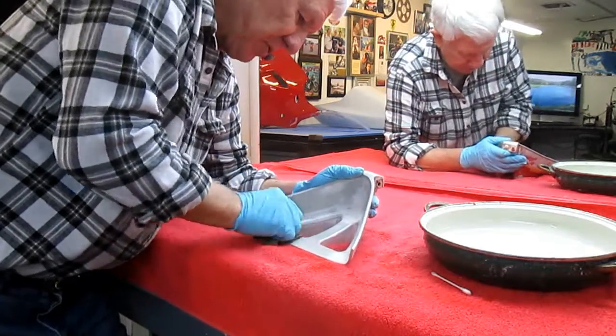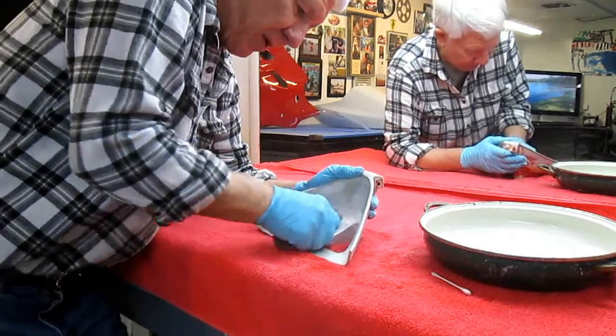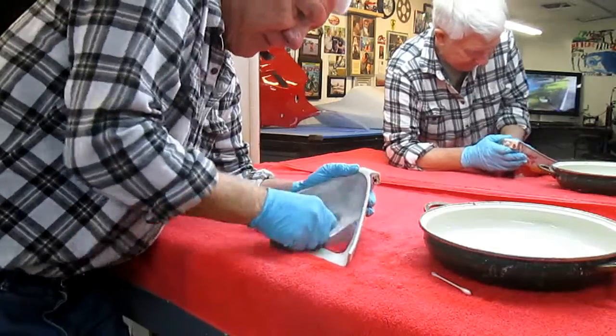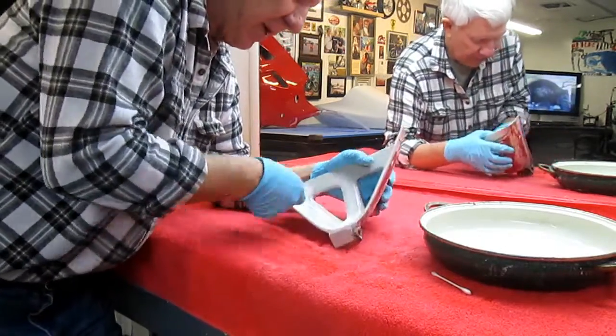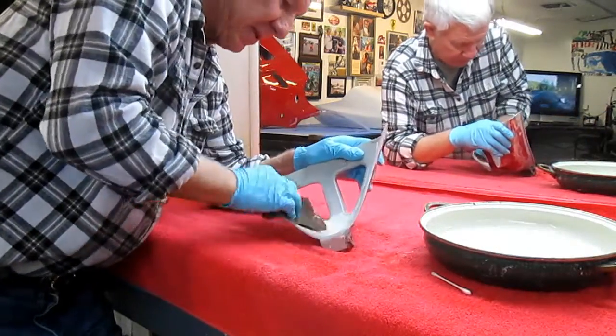And coming up soon, not going to be long now, we're going to be working on Turbo Steve's bike. He's got all the body work done, and he's ready for some paint work. I'm sure he's got his paint job designed up and